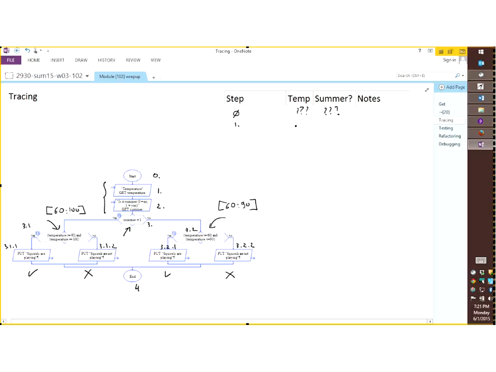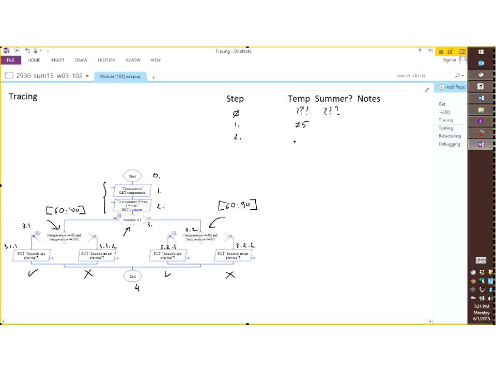Let's say the user enters the value 75, just to have a value. Summer has not been changed. So generally, when a value doesn't change, I just leave it blank. That avoids the table being overcrowded with information, like a bunch of question marks where really nothing is changing. So I leave it blank when the variable value doesn't change, and then go to the next step.